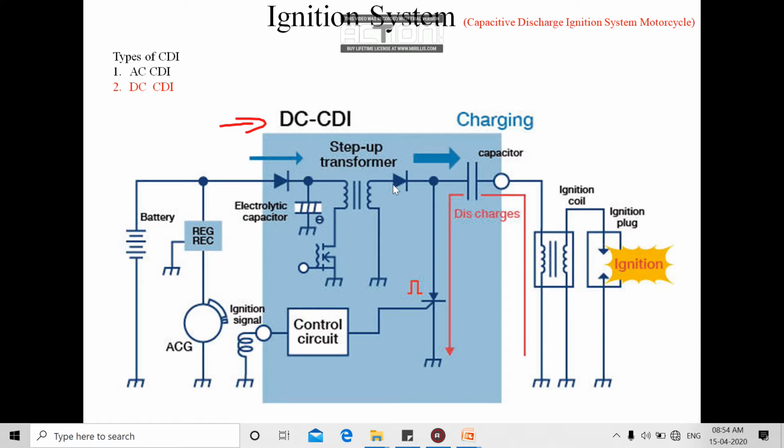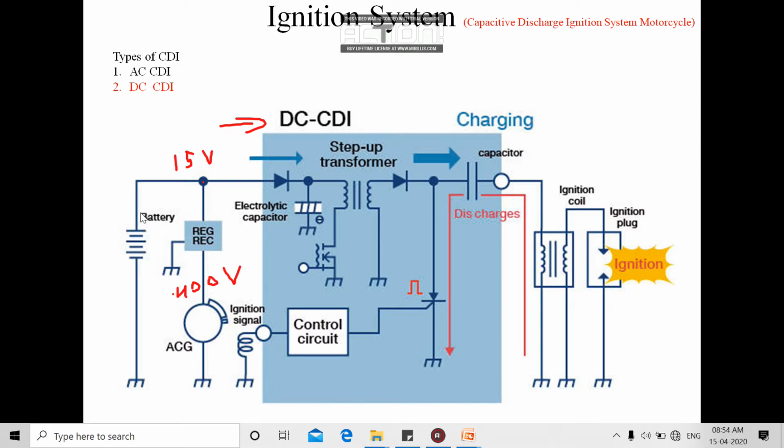After that, the step up transformer is used, as we have said. Even at 4000 RPM it develops a plus 400 volt supply. Okay, it develops 400 volt supply. We have to regulate that voltage, up to 12 to 15 volt. Due to the voltage regulator, we are bringing that highly developed voltage from the AC generator to 15 volt. And here we are getting the DC 15 volt supply from the AC generator.